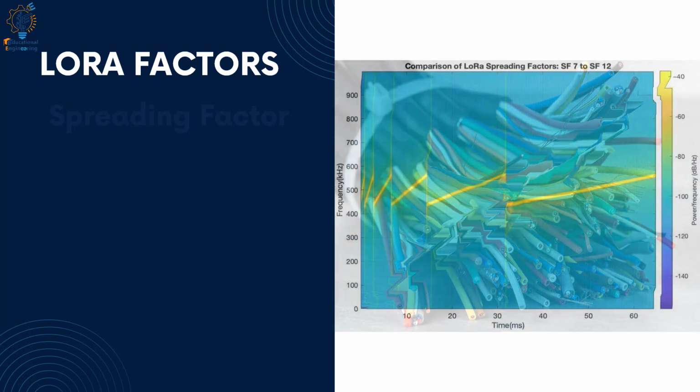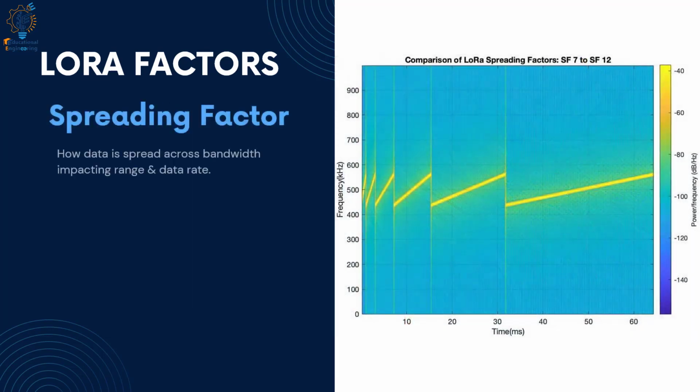The spreading factor is a crucial parameter in LoRa technology that determines how the data is spread out over the available bandwidth. Essentially, it controls the rate at which data is transmitted and received, affecting both the range and the robustness of the communication. In simple terms, spreading factor is like stretching out your signal